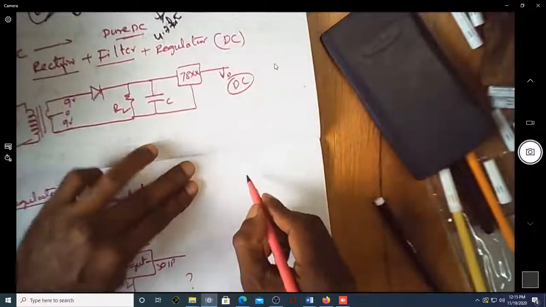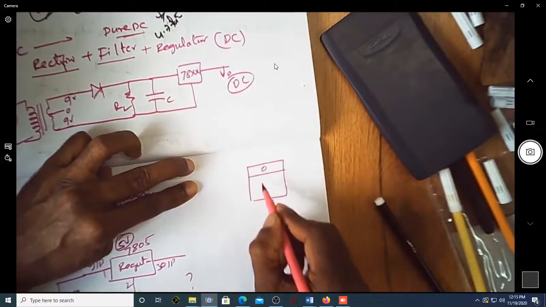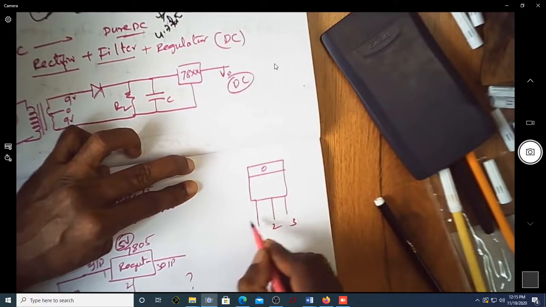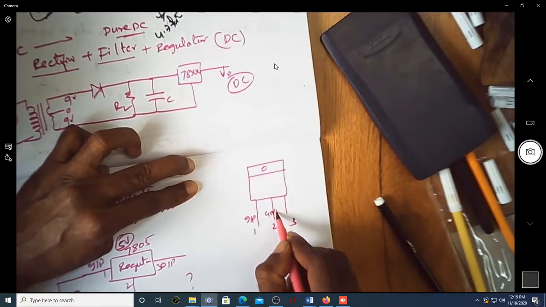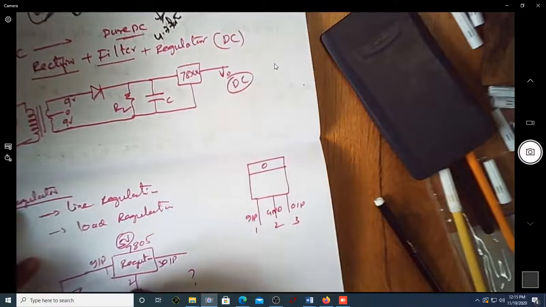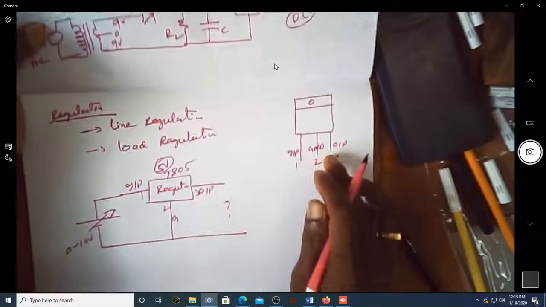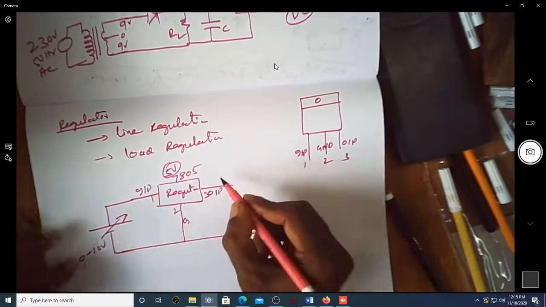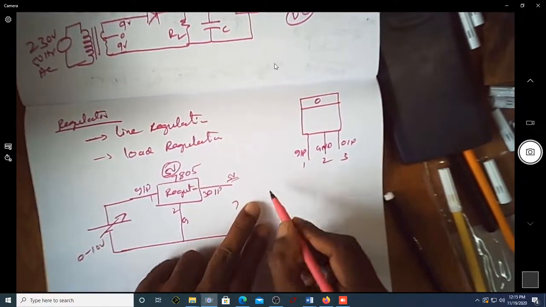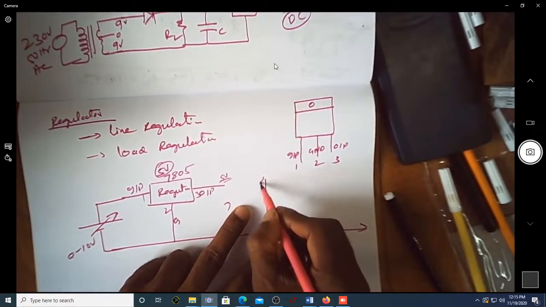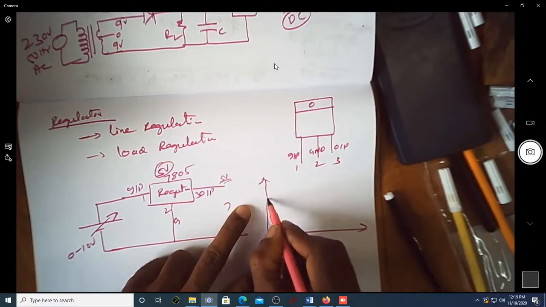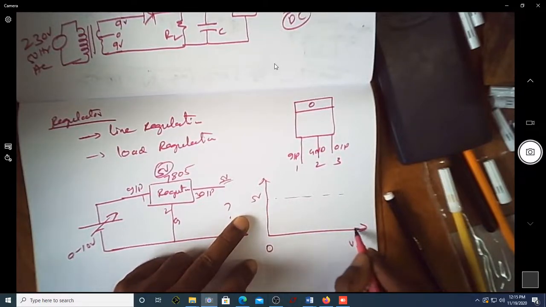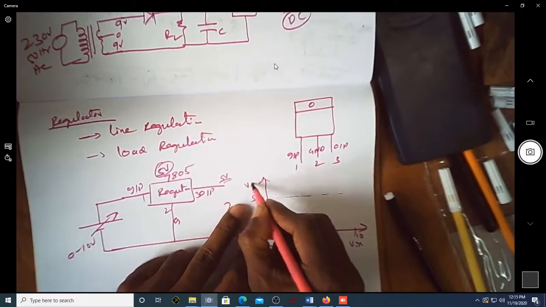This is how the regulator looks. You have a heatsink. This is terminal 1, 2, 3. This is input, this is ground, and this is output. You connect the input to this variable power supply, the ground is grounded, and the output is measured at this point. Since the input voltage is varying from 0 to 10 volt, you are expecting a constant 5 volt. The question is, how will this behave? This is what I'm expecting as 5 volt. The input voltage is varying from 0 to 10, so you have this as the output voltage.